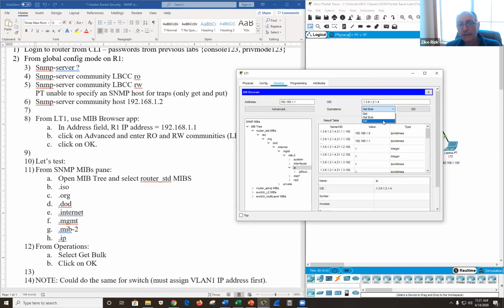So this is what I don't like about SNMP. It's just messy. I mean, you really have to write this down to remember how to get from here down to an IP. Do you guys agree? Yeah. Okay. And there are much better tools.